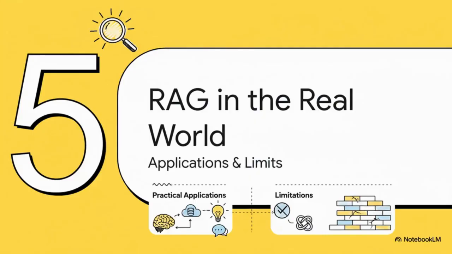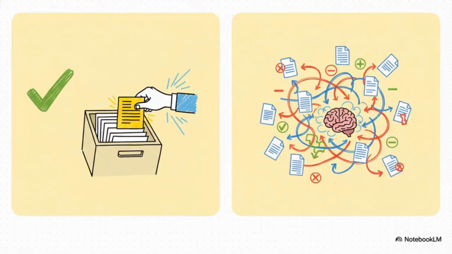So where does RAG work and where doesn't it? Where should we actually use RAG? RAG shines in retrieval-heavy tasks: searching internal documentation, answering HR or policy questions, building copilots for structured knowledge. But the moment you need real reasoning, connecting ideas across documents, resolving contradictions, or answering vague questions, RAG struggles. Why? Because it's a retrieval tool, not a reasoning engine. It can give answers by retrieving, not by reasoning.